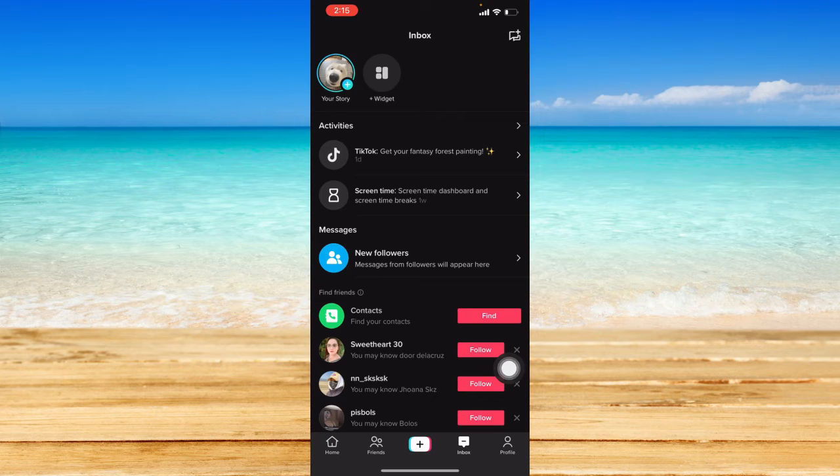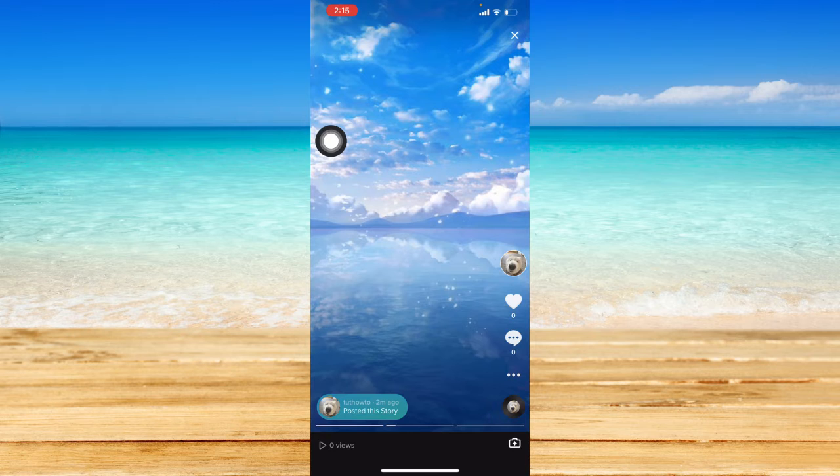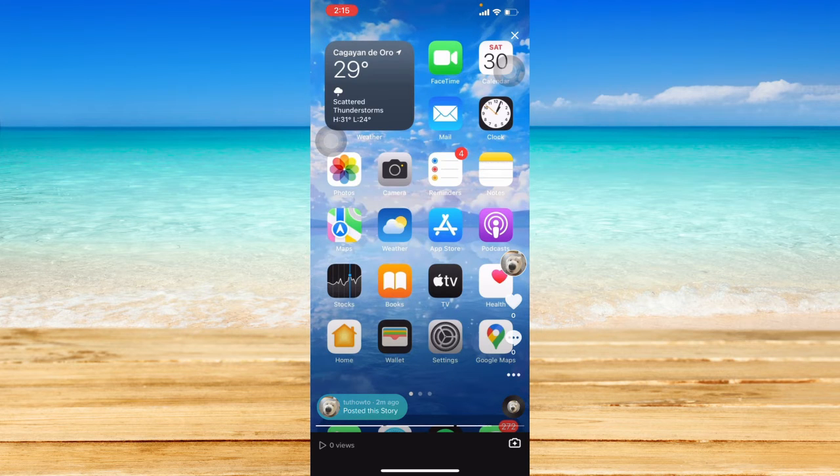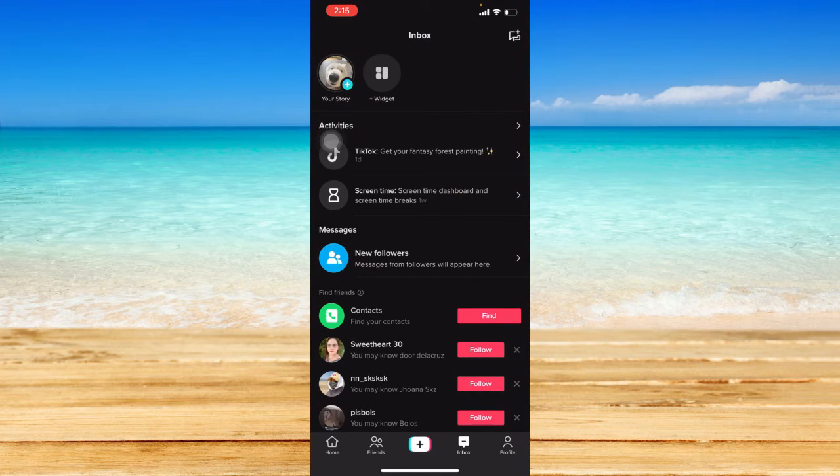And from here, you can actually see this option over here that says your story with your profile icon. So to view it, just simply click on that and you can immediately tap on it to pause a story, or you can also wait for it to be loaded to see the next story you have uploaded. So I'm just going to click on exit,